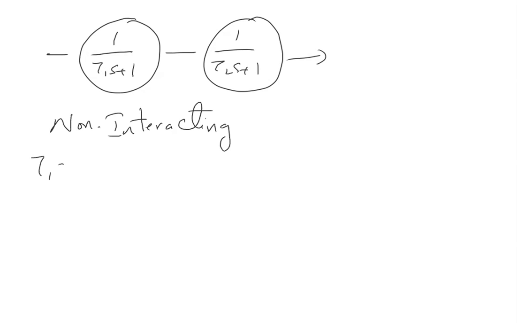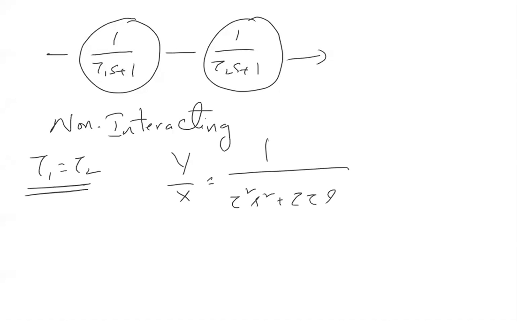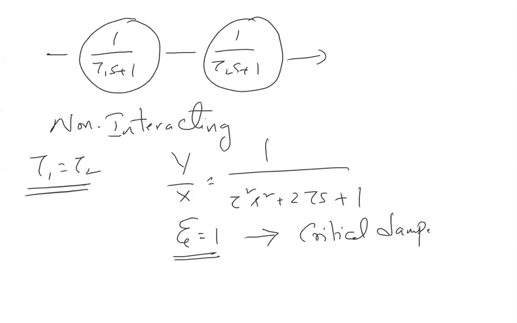Then if tau 1 is equal to tau 2, what is y by x? 1 by tau square s square plus 2 tau s plus 1. So the zeta is equal to 1. That means it is a critically damped system. Suppose tau 1 is not equal to tau 2,